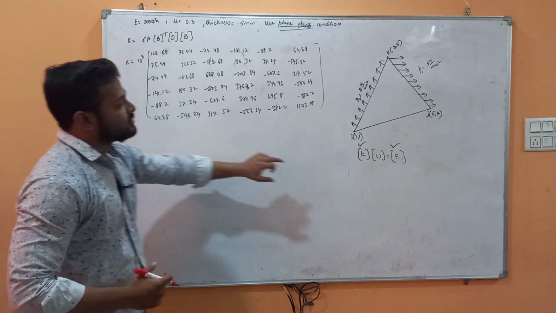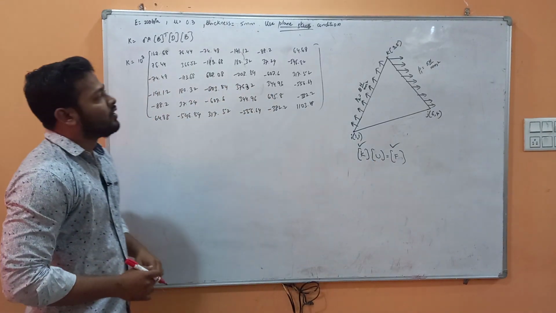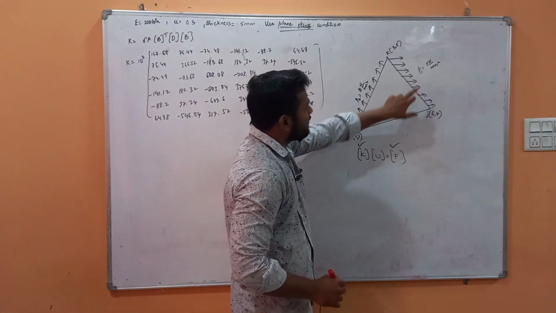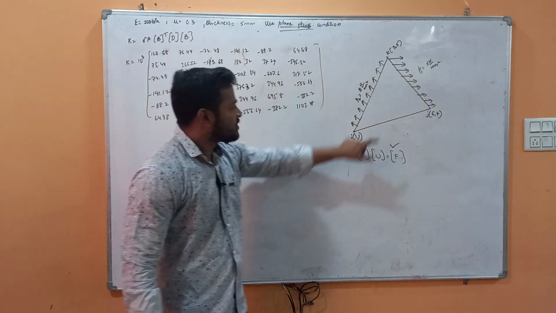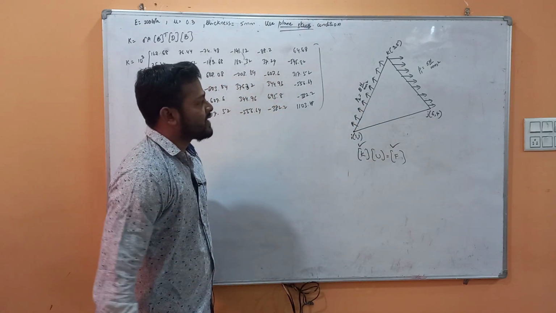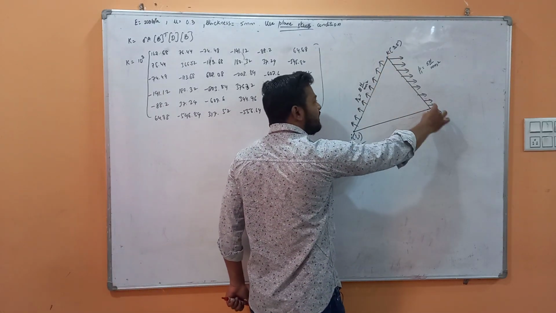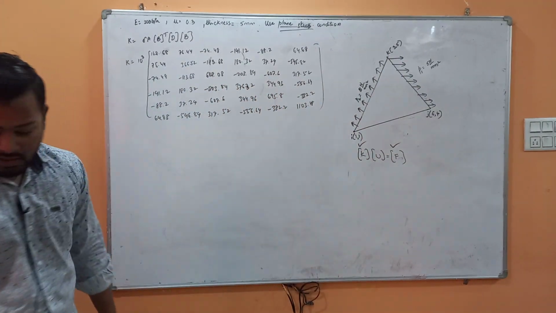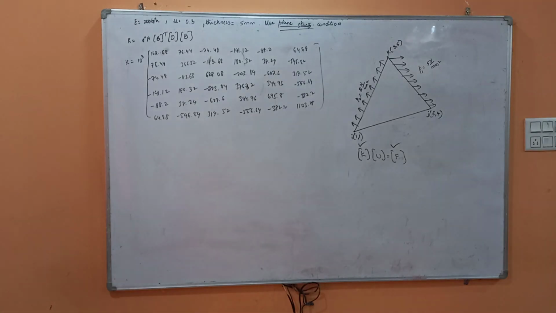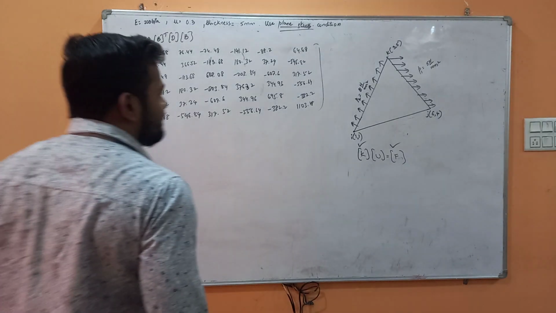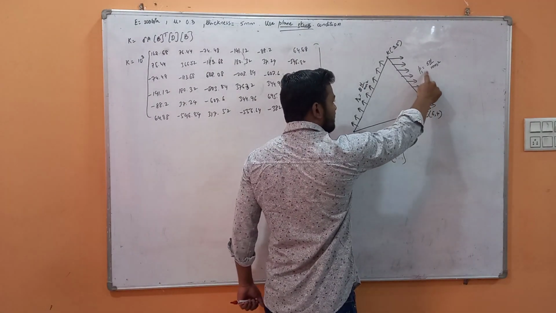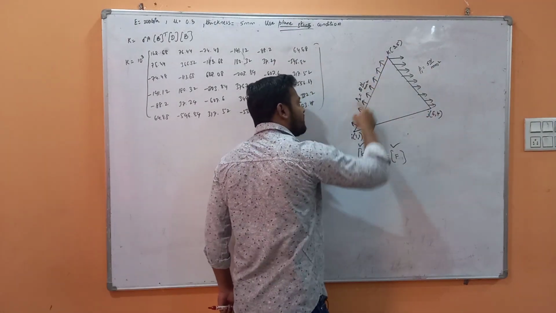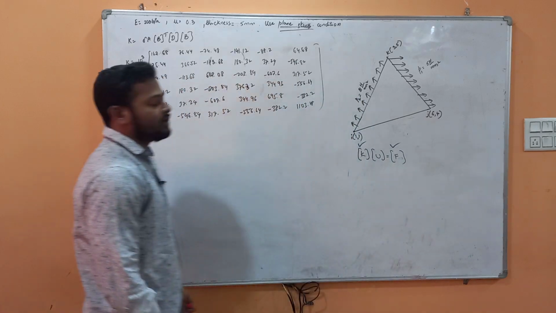So here, first, in order to find f, what are the different types of forces given in this question? There is only one type of force given in the question, that is pressure force. The pressure force is acting on this side of the element and this side of the element. So there is pressure force acting on two sides of the element. One pressure force is given as P1, 5 Newton per mm square, and the second pressure force is acting on this side of the element, which is 2 Newton per mm square.